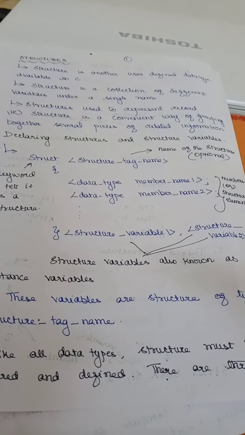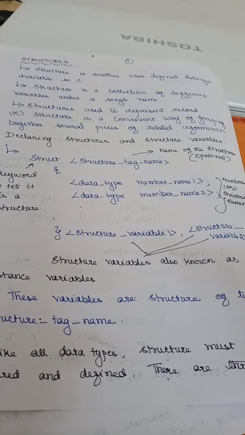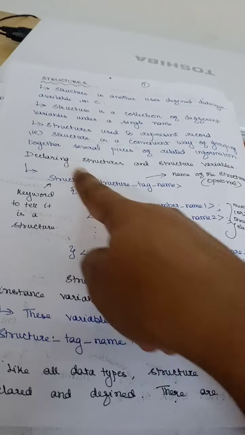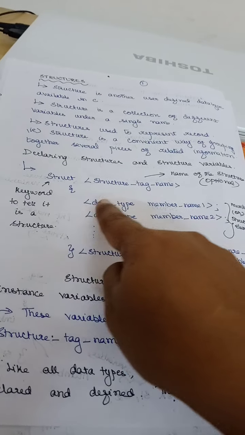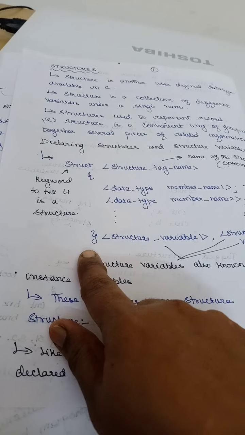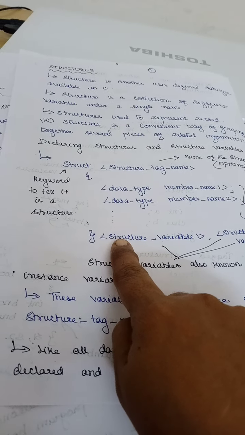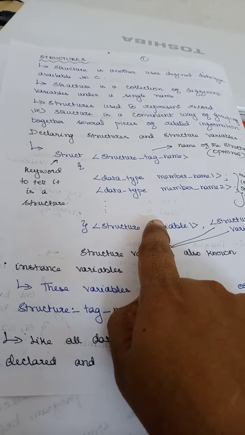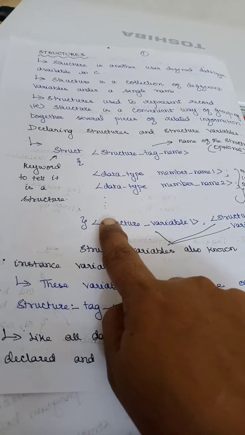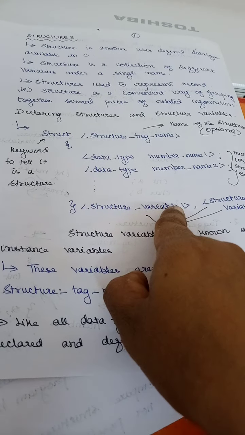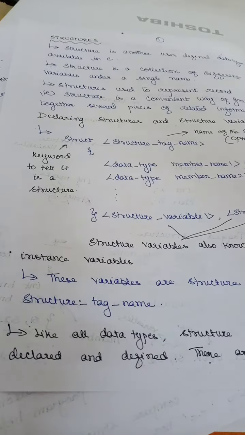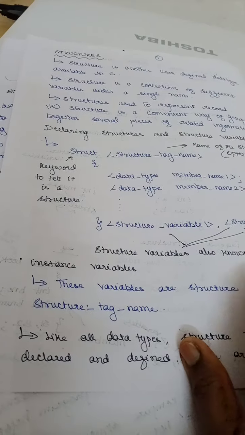And what is the keyword to represent a structure? Struct is a keyword followed by the name for your structure, and then curly braces. Inside I have my members, and then closing curly braces. If you want, I can have my structure variables listed, comma separated. At the end I should have a semicolon. If you want, you can declare your structure variables here. If not, you need not declare them here. Right? Now we have seen how to declare your structure.